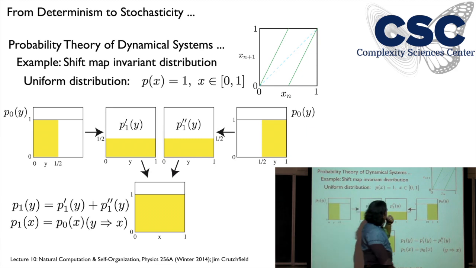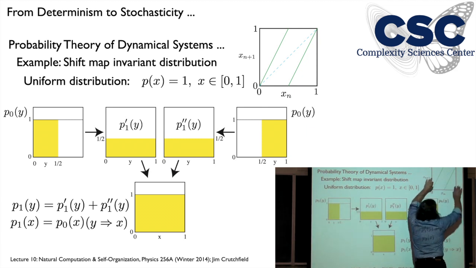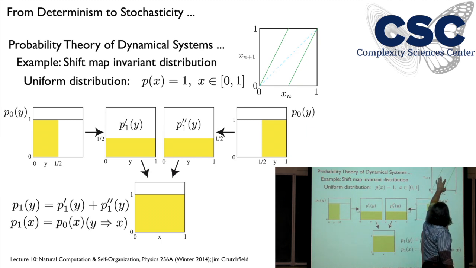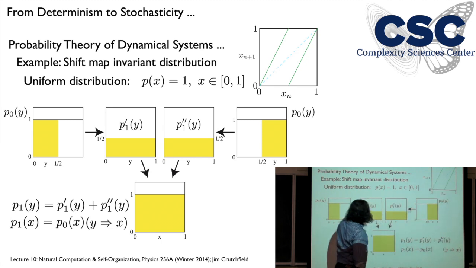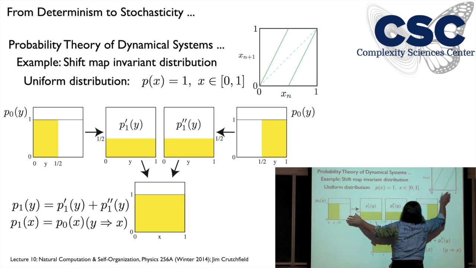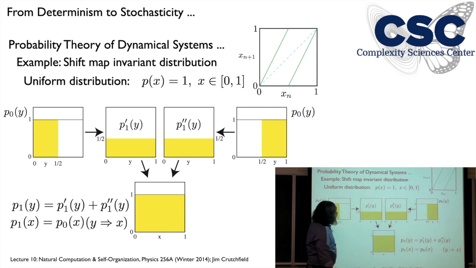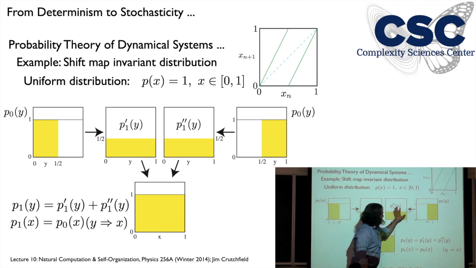It's very handy. So I'm going to start off with my P0 being uniform here. It's handy to break this calculation of the next distribution into two pieces, namely the part of the distribution that's under each of the monotone pieces. We'll do that separately. So that's this piece and this piece. Otherwise, I start with uniform. I break this into two pieces. Then I iterate forward this half distribution one step, the lower half, and then the upper half, one step.